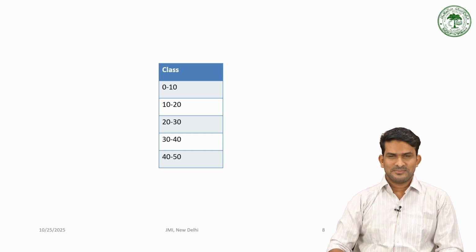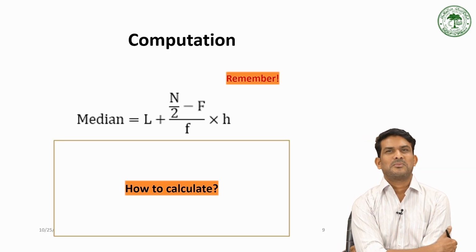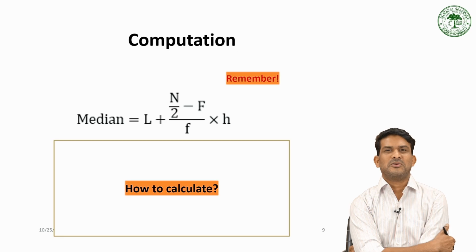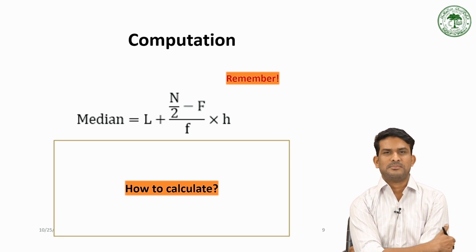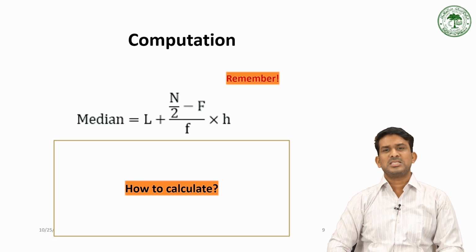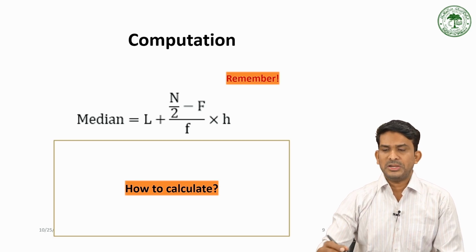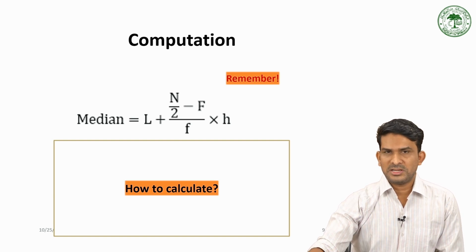Am I right? See, this is the equation for computation of the median for grouped data. Very clearly observe. Once you look into it, you may be confused, but it's very simple. So, I will rewrite it once again for your clarity. Okay, what it is: median is